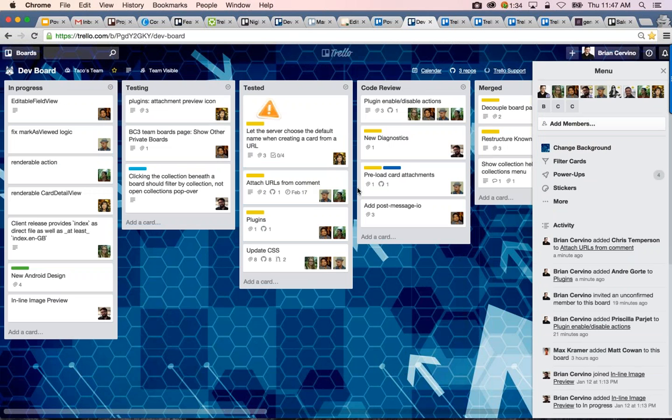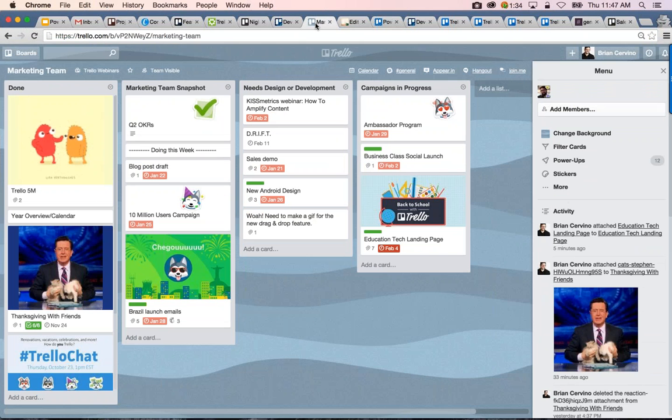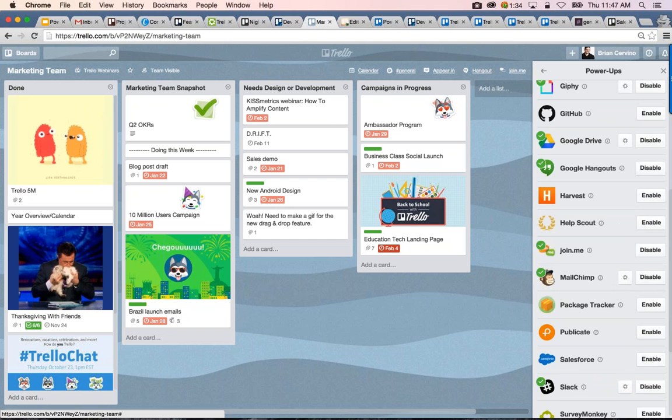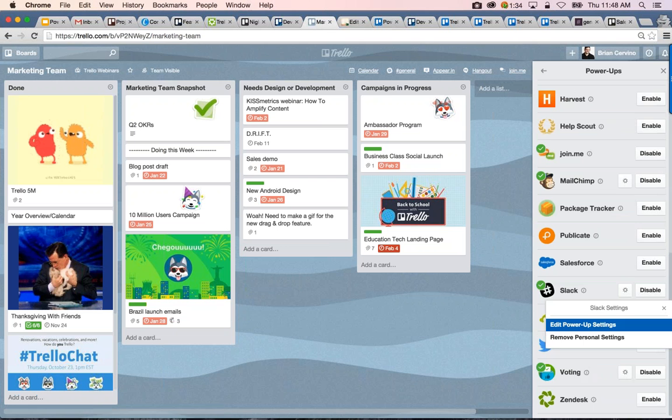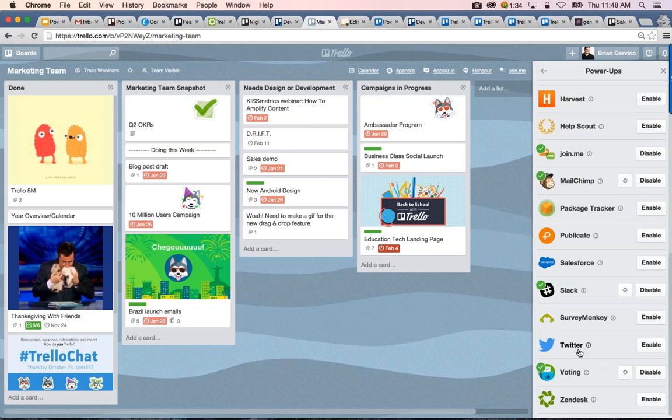What's actually really cool, let me go back to this board. So many GIFs going on. You can actually, with the Slack PowerUp, set reminders. So if you have business class and you use Slack, I can set a channel. I can set any Slack channel to be associated with a room. But what's really neat is, let's say